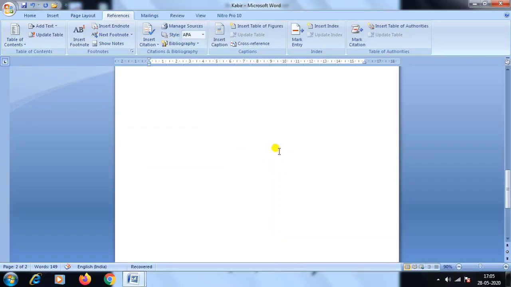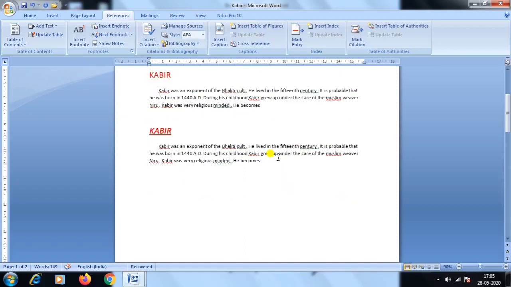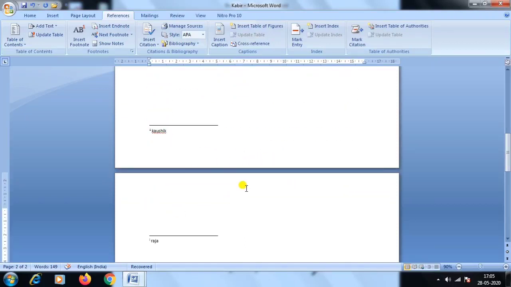Okay, then we have 2 pages, but when we apply an endnote, that one will be presented in the last page of the document, that is called an endnote.